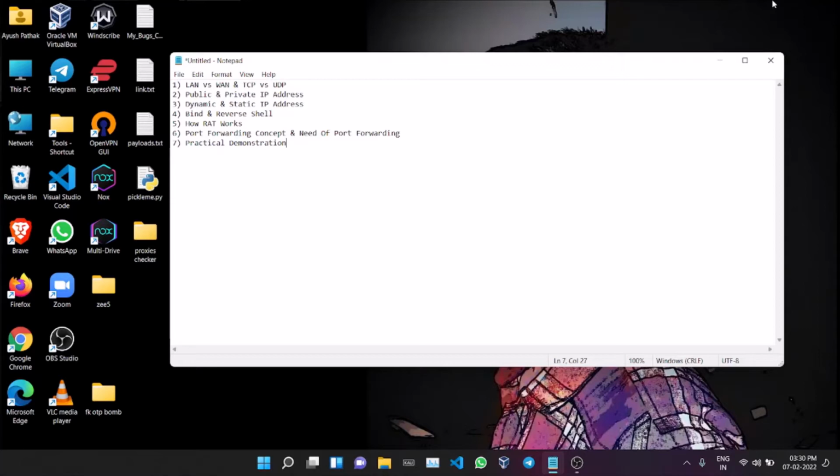Means if your router has 5 devices A, B, C, D and E, then all your devices A, B, C, D and E will have different private IP addresses, but they won't have any public IP addresses. Why? Because when you purchase a router and you put a connection inside it, the public IP will be assigned to your router, not to your devices connected to the router.